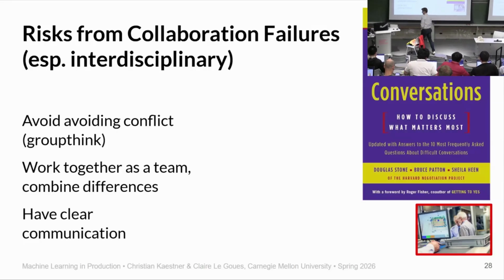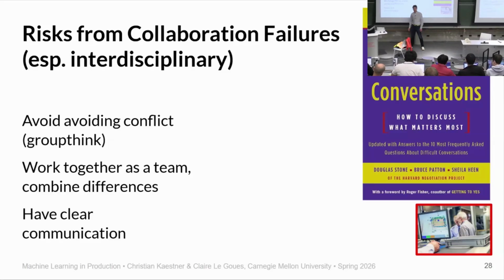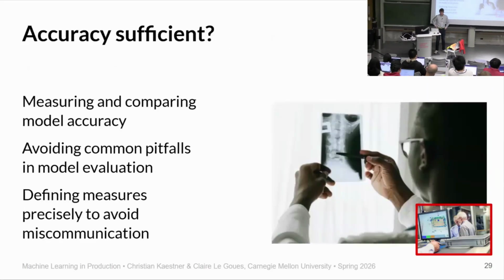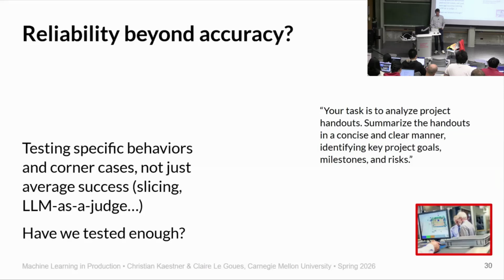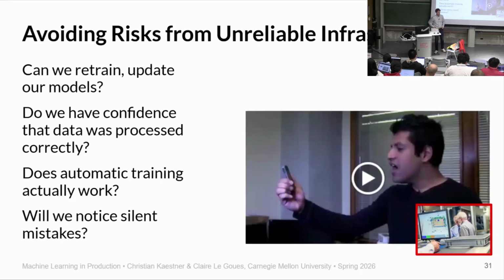But I think there's value in this space, and I think a lot of problems really occur from miscommunication between different teams, different backgrounds, and so on. We talked about how accuracy might not be sufficient, how it's actually really hard to measure accuracy. There's many different notions of accuracy, and then we really thought about different ways of measuring quality that's not just average accuracy, right? Slicing, LLM as a judge, or these kind of testing method for specific slicing,